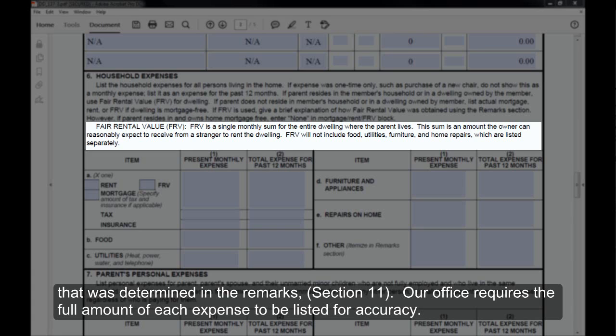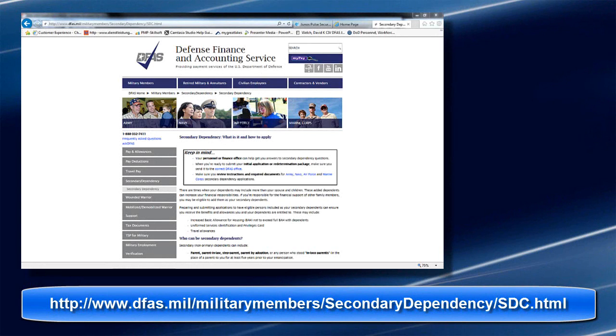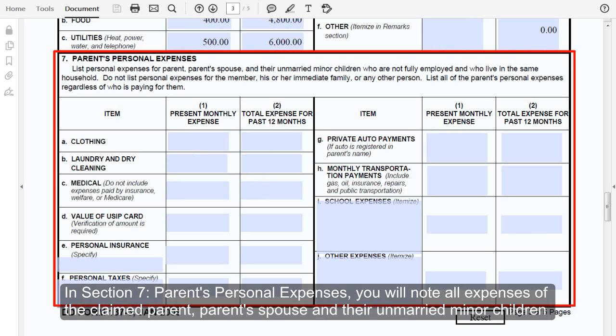Our office requires the full amount of each expense to be listed for accuracy. For detailed information regarding what type of expense can be claimed in each box of the section, please refer to our webpage, http://www.dfas.mil/military members/secondary dependency/sdc.html. In Section 7, Parents' Personal Expenses, you will note all expenses of the claimed parent, parent spouse, and their